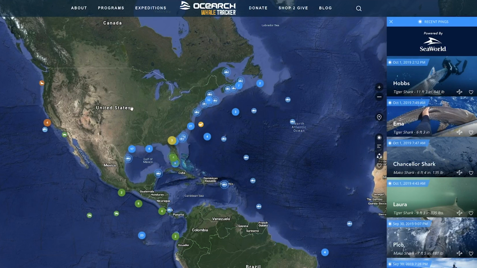So I wanted to take a second and just walk you through the site. This is the actual site, not the app, but you can download the app, and it's really cool. So right now it's set up on sharks, and these are all the sharks on the eastern seaboard, and some turtles you can see there. It's really cool. You can zoom in,